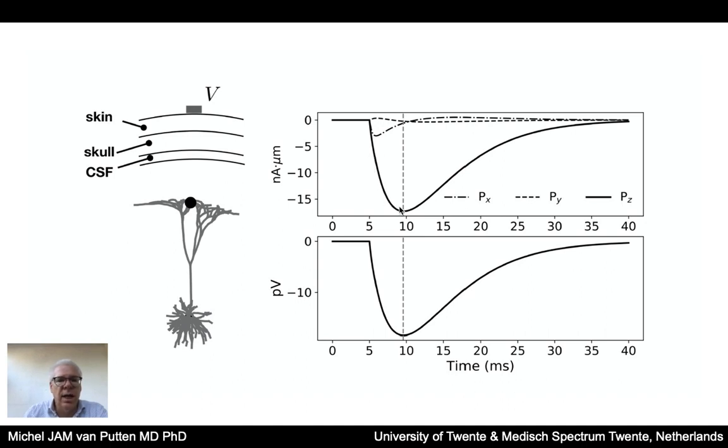It's about 15 nanoamp per micrometer, the size of the current dipole, and that results in changes in the voltage at the skull of the order of picovolts, 10 to 20 picovolts. So this is the result of a single cortical pyramidal cell that receives this particular input. Now, clearly we don't measure picovolts, so there must be much more synapses active, and in addition,